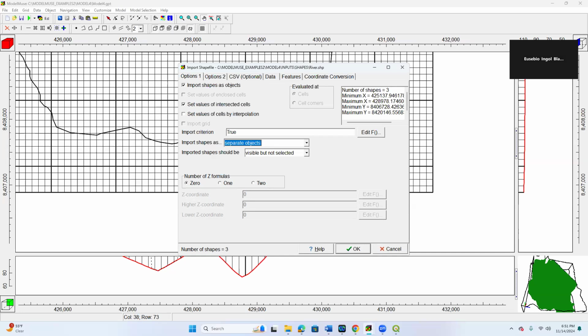And then for the river, let me see, we are going to use this one, okay? And then we are going to use select, select values, intersect cells, and then after that separate object, that one will be true, and don't worry about this, it is for default, visible but not selected, and then select for the number of z formulas, or the z coordinate, and use 1, and then click and edit, and then